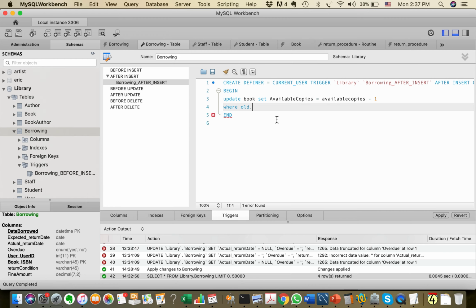Old dot and new dot are telling the system to reference this column name. You're going to find it in the borrowing table, that's the table you're creating the trigger on. So you don't need to say, for example, borrowing dot or from the borrowing table or anything. This is the keyword to use, old dot or new dot. It references the current table you're creating the trigger on. So where old dot